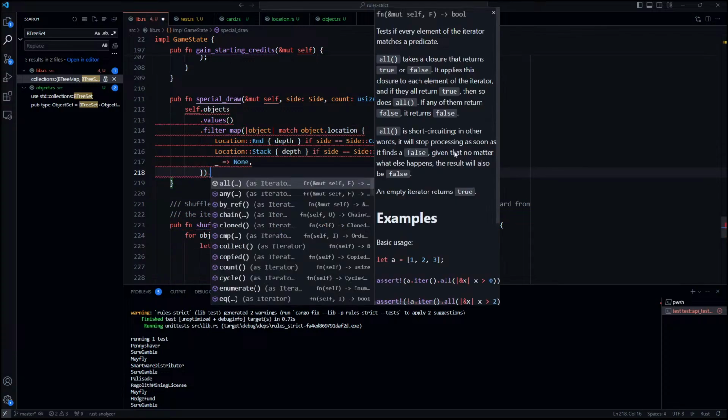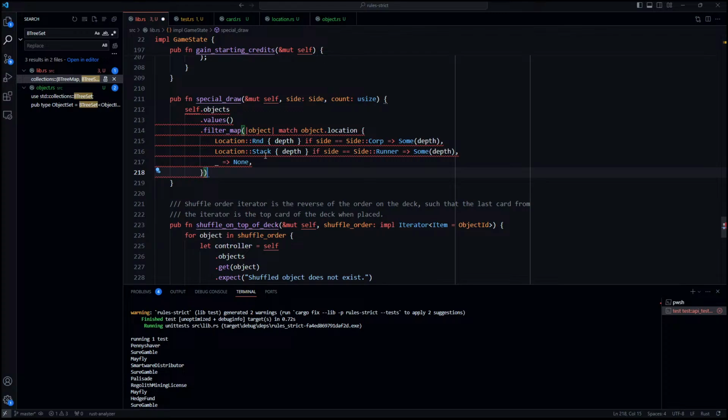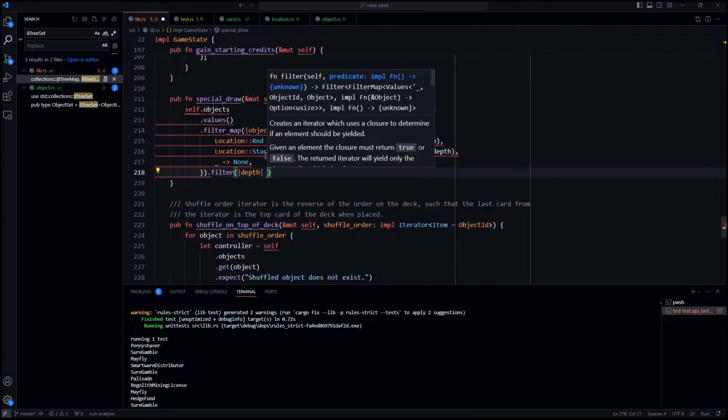Okay, so that filters us down to just the cards we want, and then we want to filter those for where the depth is